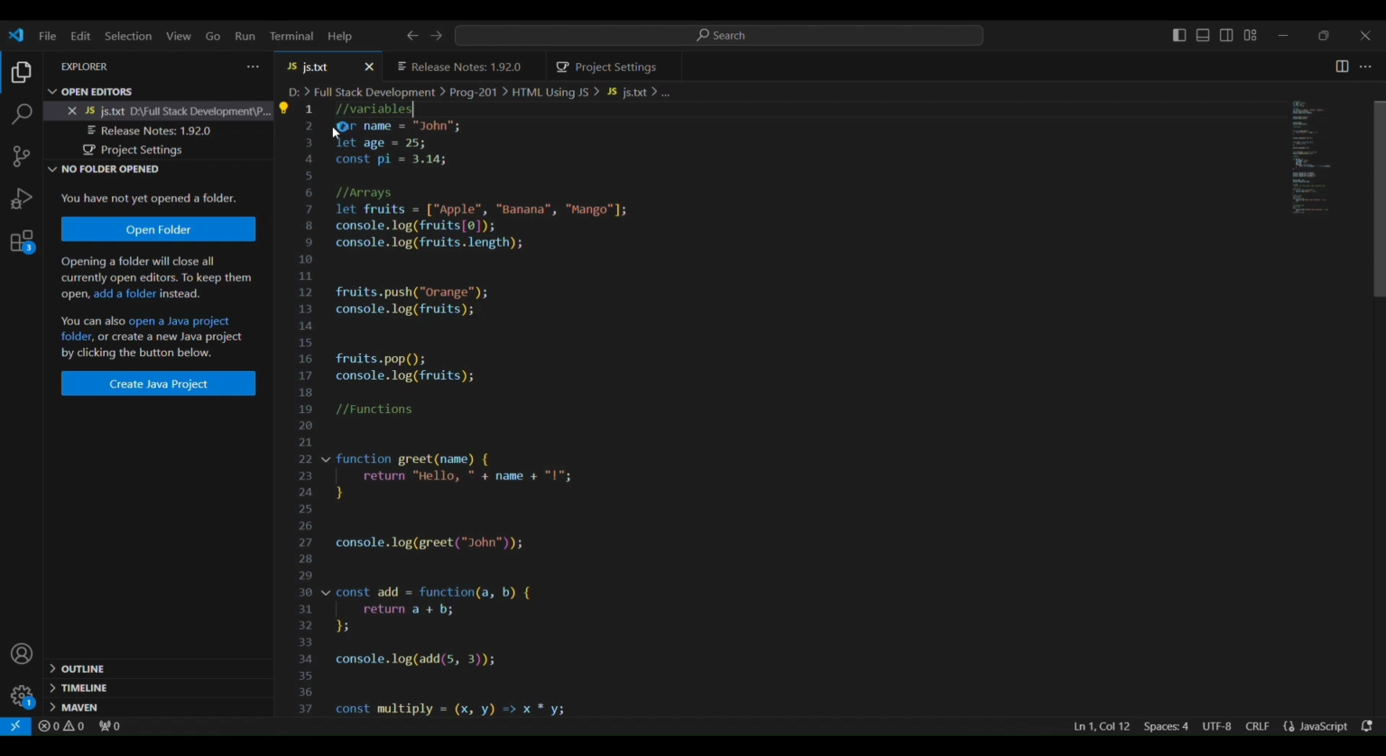These are the different ways to declare the variables. The next one is arrays. Array is a data structure that can hold multiple variables of the same data type. Here we declared an array named fruits with the fruits apple, banana, mango. There are several operations involved in arrays, like push, pop and length, etc. To access this, console.log the fruits array, and we can access any array element with the help of the index